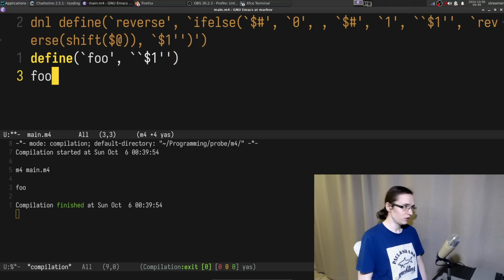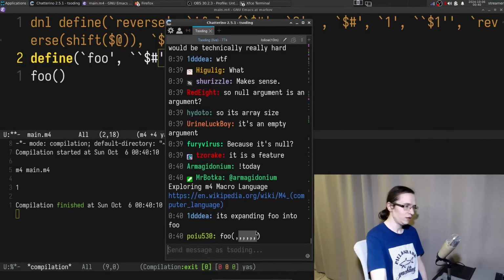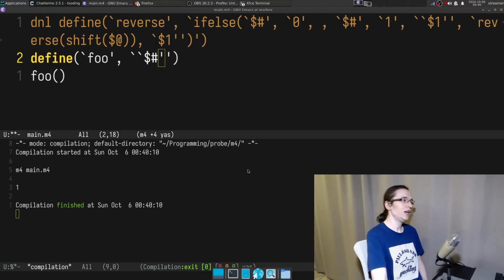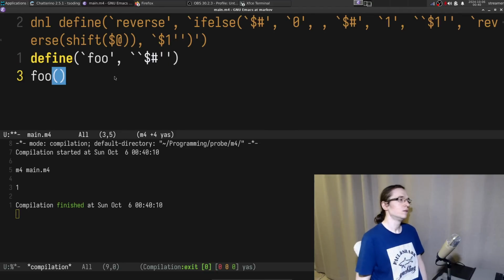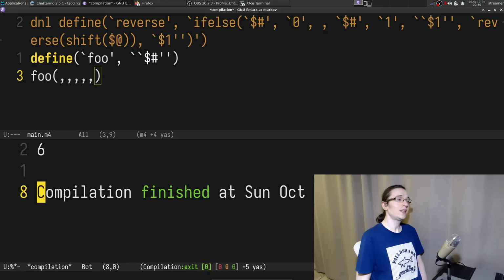And if I just call it like that, but it's still considered to be one argument, whether you want it or not. But that argument is empty. Oh my God. So it is going to give me more. Oh my God. It is an empty argument. Okay, so it's that kind of language.